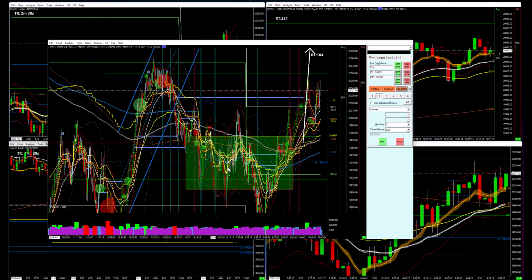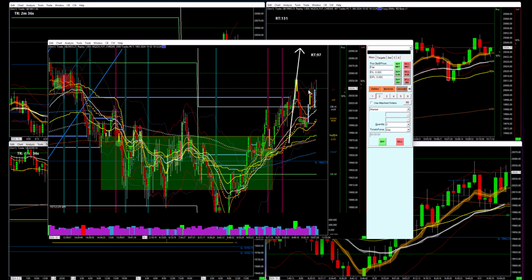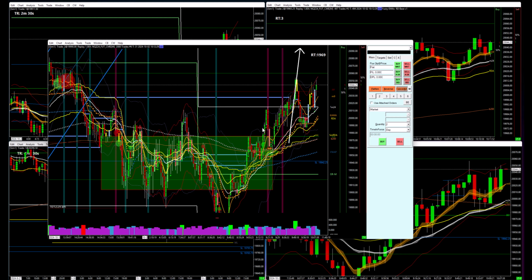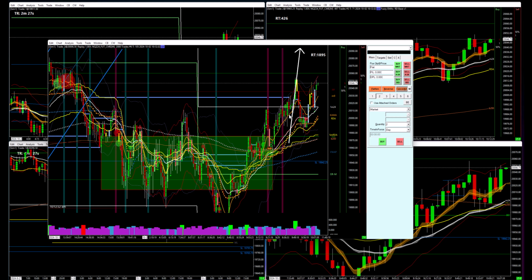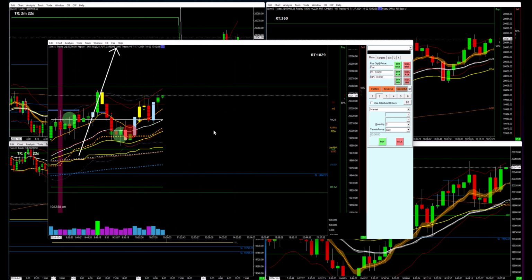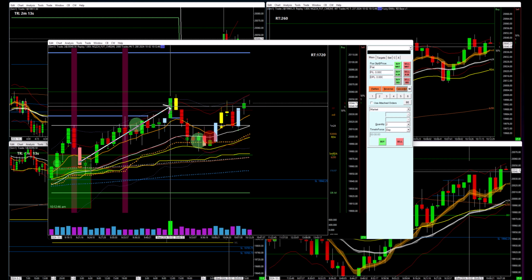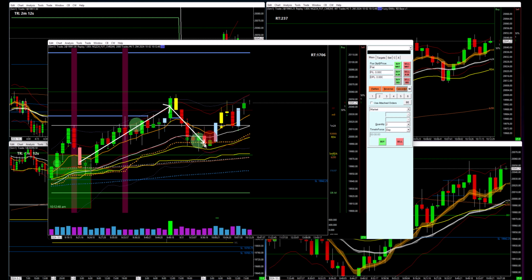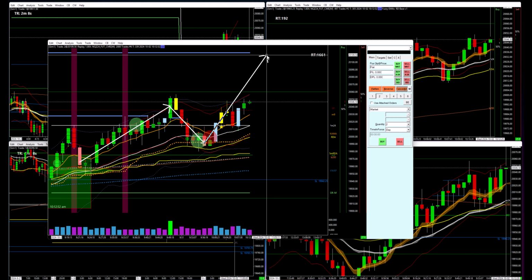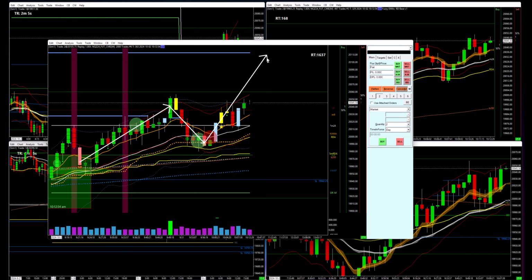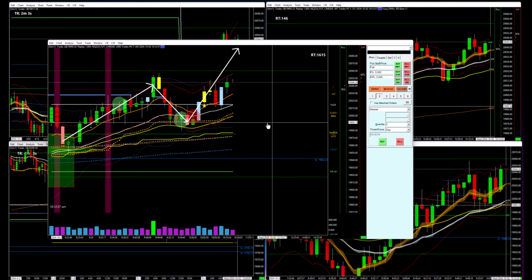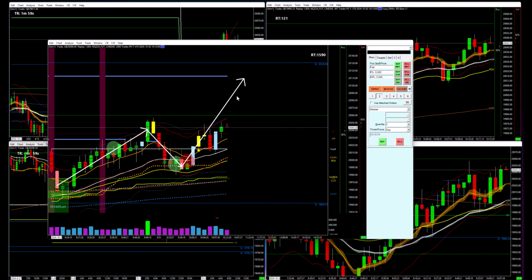Don't quite know yet. So we were going sideways here for a while. We broke out of that. Now we're in this next area right above here. We hit a volume imbalance, came back down, continued up. So let's see if it's going to continue the direction that it's going, right? It's going to do this, then go back down, maybe like that. Maybe not the same inclination here, but that looks plausible.